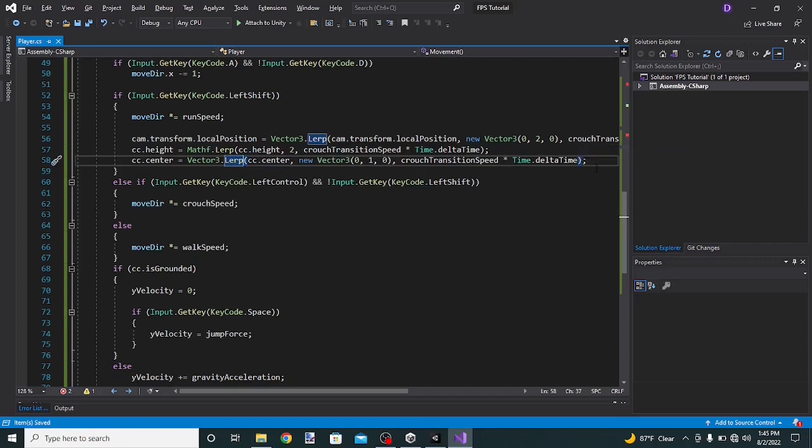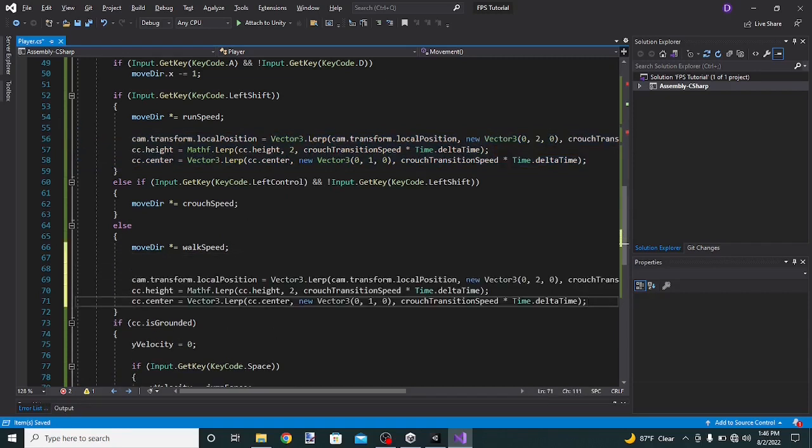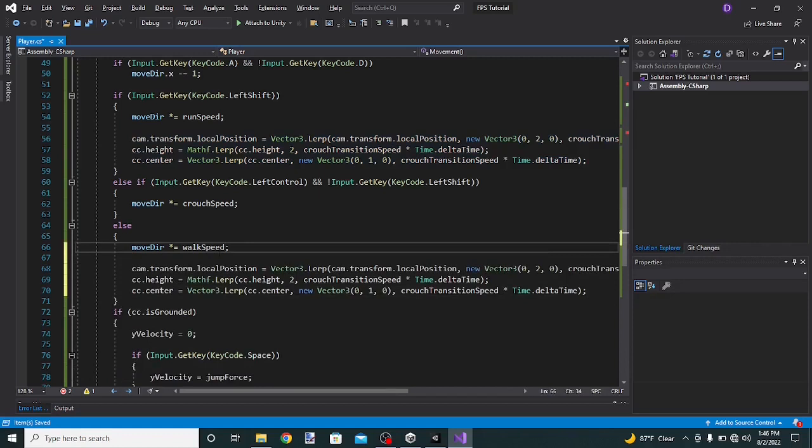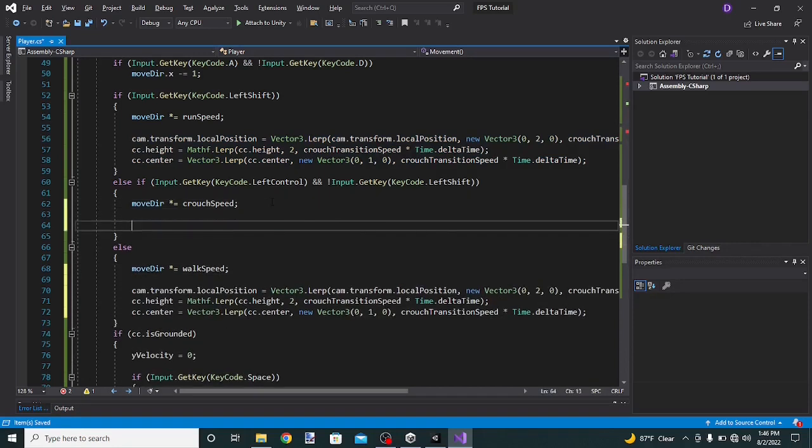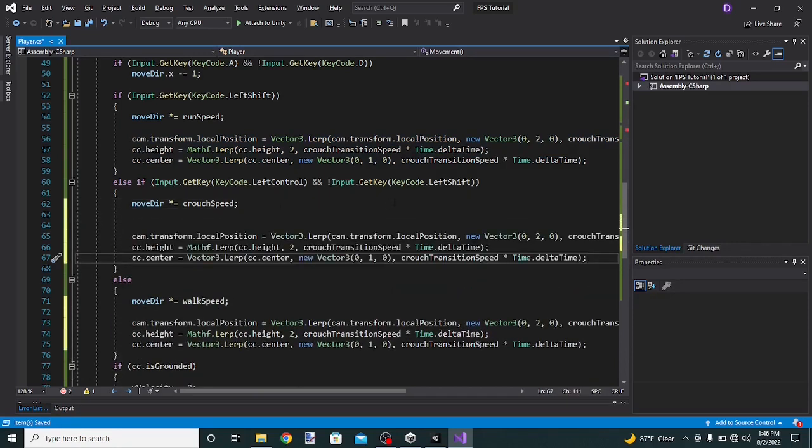Alright, so now we're going to copy these lines of code. We're going to put it on walk speed. Don't change anything, just leave it on walk speed the way it is. And now on crouch over here we're going to make a couple changes. So for this first one, instead of 2 we're going to do 1. Second line again, and instead of 2 we're going to do 1.2, and make sure to put the f after